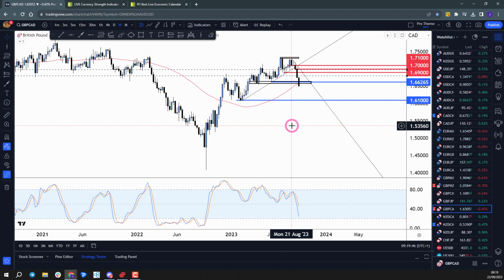I think the bigger play here really is the fact that they've paused interest rates, and Governor Bailey talked about the potential for rates to be at their peak. So what that says to the market essentially is that there's no more rate hikes potentially to come, and that there is a potential to even bring rates lower. Whether that is going to happen or not is a different question, because that's just what we think may happen. Facts are, pound is weak, and we should be looking to potentially take advantage of that.